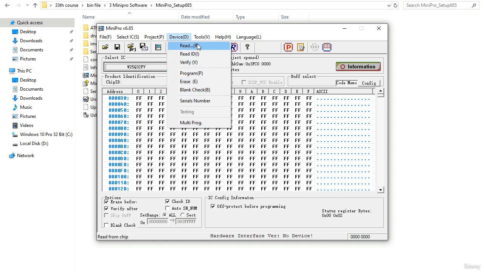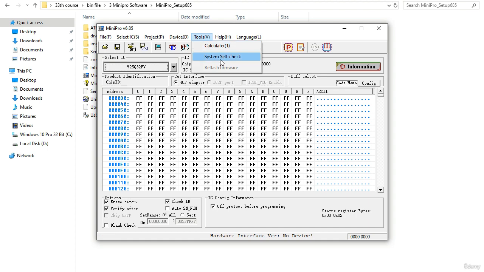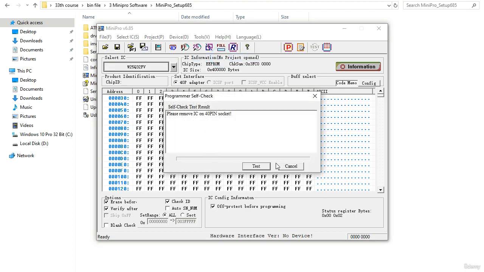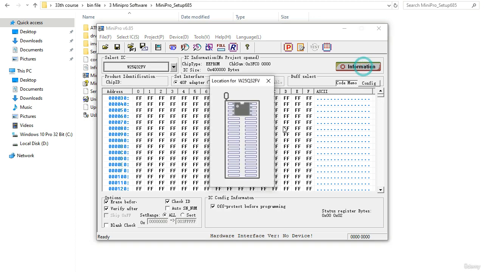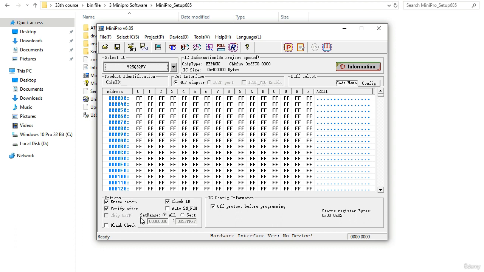We also have multi-program. Here we have some tools, as you can see, calculator, system safe check. You can check the chip IC. We have help and language. When you click this, you will get all the information about the IC. Of course, here we have some options: erase before, verify after. If you check this, after programming the IC it will verify whether it is okay or not. And if you check this before programming, the IC will be erased first, then programmed, and then